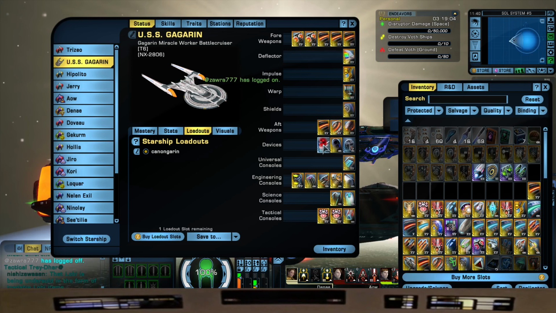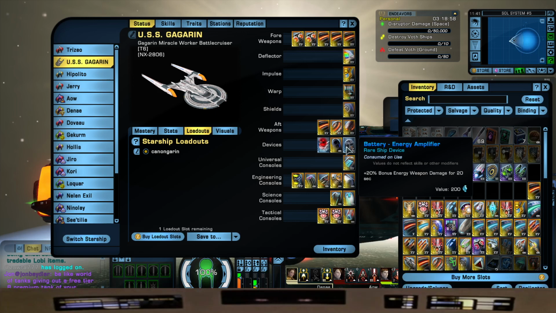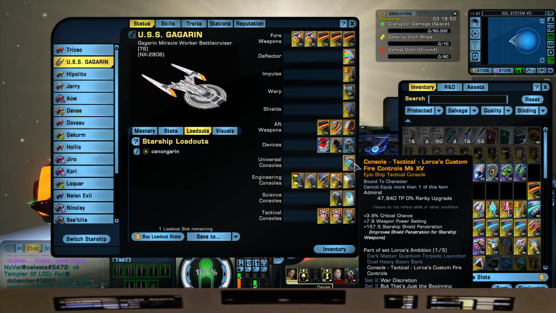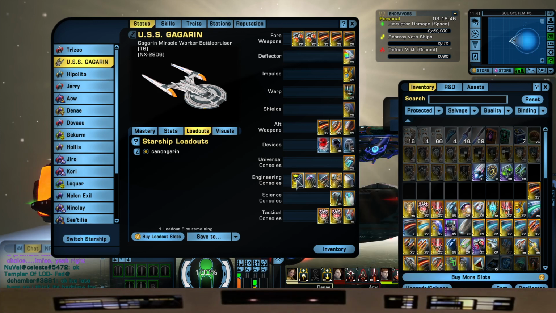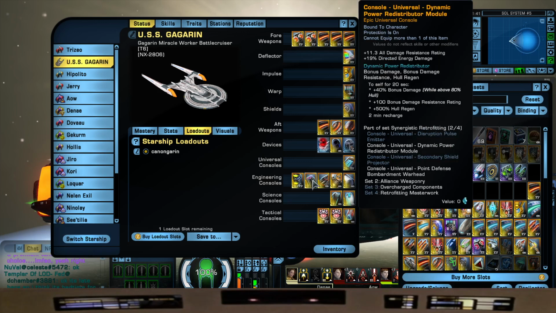And for devices, we have our Red Matter Capacitor, Temporal Negotiator to help us with our cooldowns, and our Energy Candy for the plus 20% bonus energy damage for 20 seconds. Consoles, we got our Lorca's Custom Fire Controls from your Discovery rep, the Bio Neural Infusion Circuits from the Lobi store, Dynamic Power Redistributor Module, which you can get from your